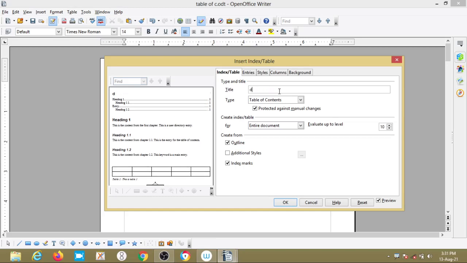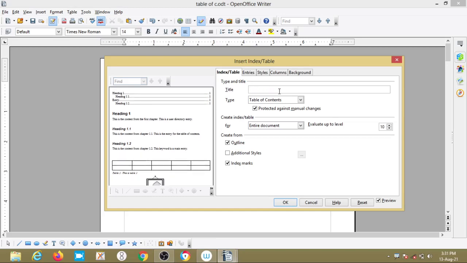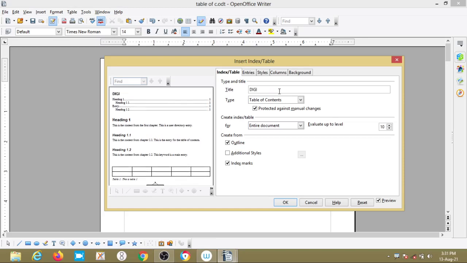See here, digital documentation, right. So table of contents I am selecting.